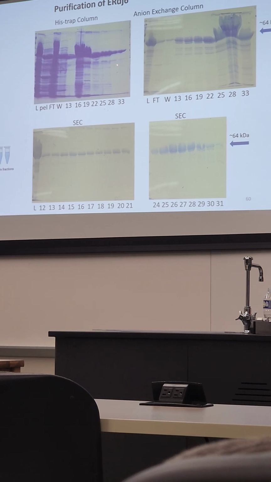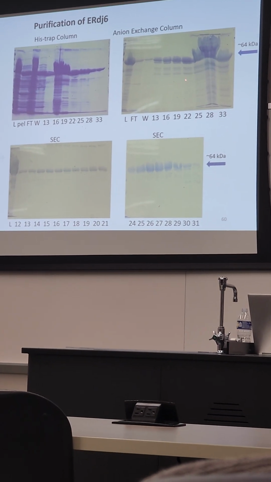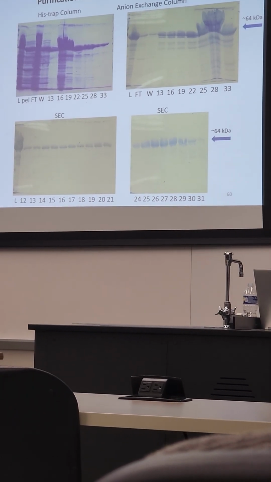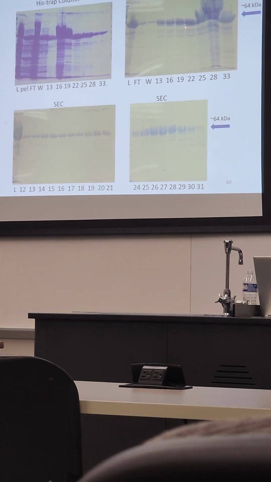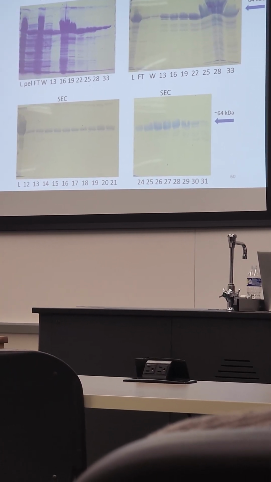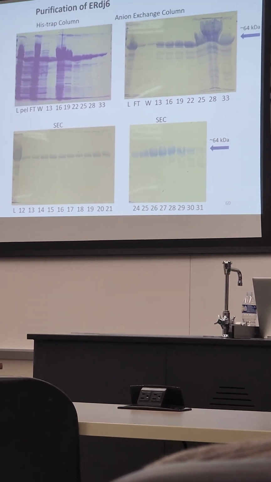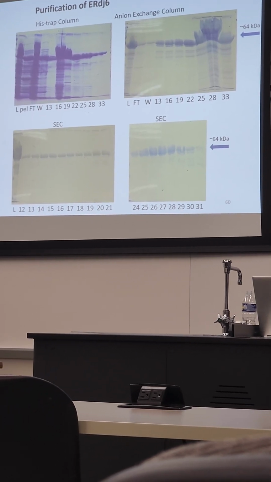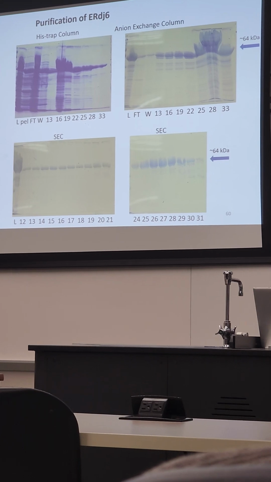And so all of this beautiful protein was pooled together and dialyzed overnight to prepare for anion exchange chromatography, where we see further purification, or cleaner protein, if you will, where 2 to 3 fractions from anion exchange were pooled together and applied to a size exclusion column for the final step of purification, obtaining purified ERdj6 that was further characterized in preliminary assays with BiP.